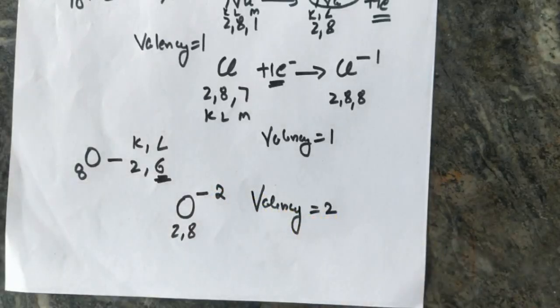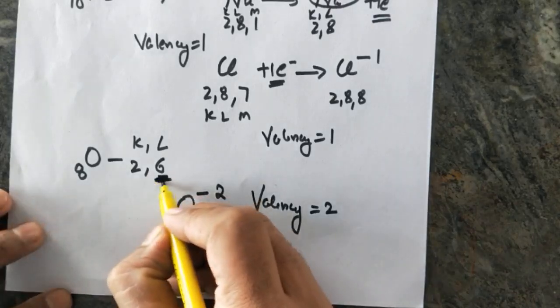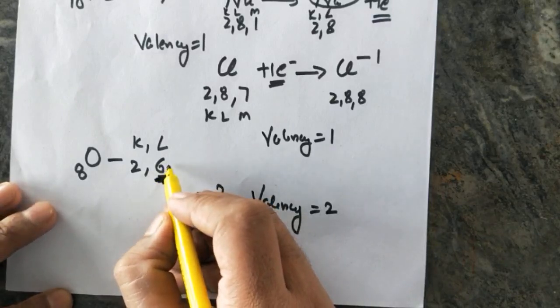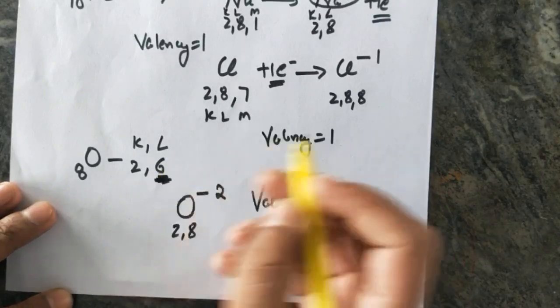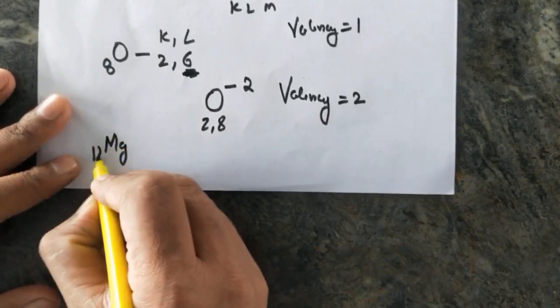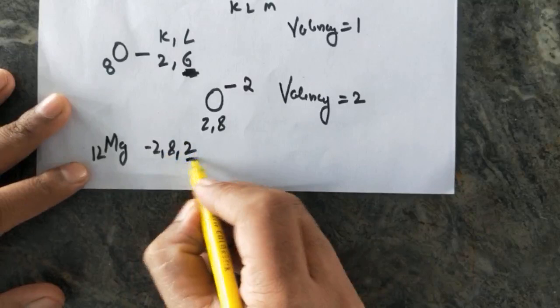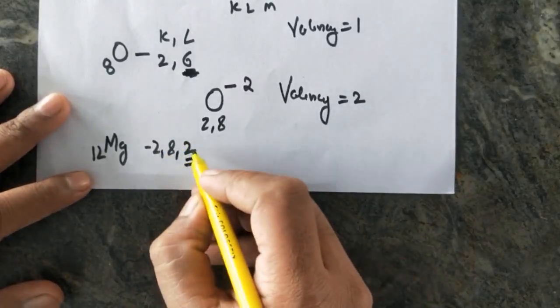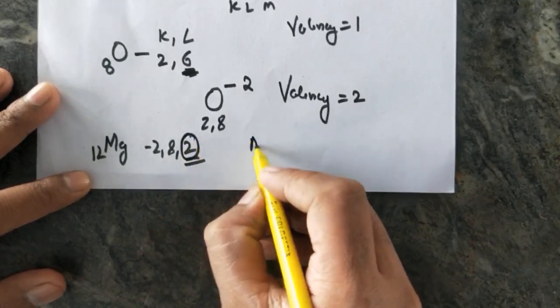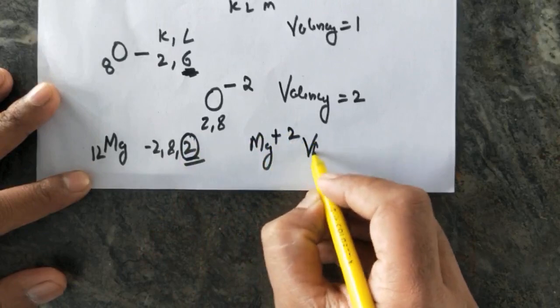In this way you can calculate the valencies of various elements. You just have to follow a simple trick. Just make sure which has the higher probability, gaining or losing. If there are 6 electrons in the last shell, then gaining will be easier because it has to gain only 2 electrons as compared to 6 electrons that have to be lost. But if 2 electrons are present in the last shell, then 6 would have to be gained and 2 have to be lost. Therefore in this case it will lose 2 electrons and acquire a positive charge with valency 2.